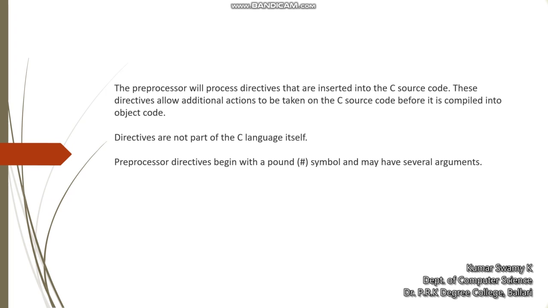You might have observed it. The very first line of a program begins with a preprocessor directive itself, that too #include <stdio.h>. To include various instructions to the compiler in the C source code, some directives are used. As I have said, #include <stdio.h>, #include <conio.h>, #include <string.h>, all these are called preprocessor directives.